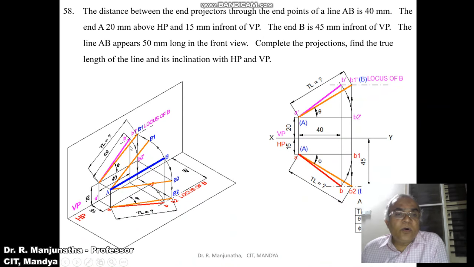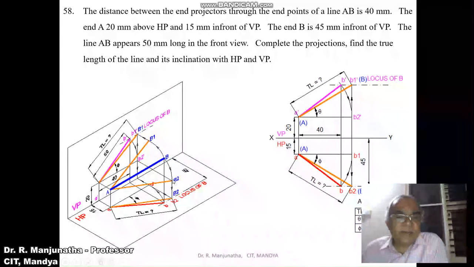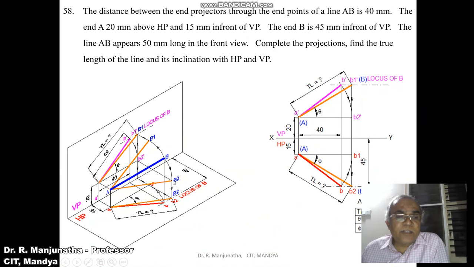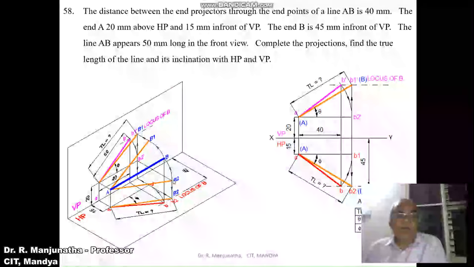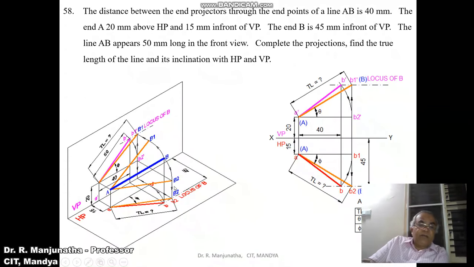Now we have made the line parallel to VP. Similarly, we want to find the line parallel to HP. With A as center, taking the radius of AB, rotate it and make it parallel, such that A is above HP by 20 mm and B2 is also above HP by 20 mm. So you make that line parallel to HP. Once A and B2 are both parallel to HP, its corresponding front view will be in true length. So when you look from the front view and project, you will get A dash here, and when you project this, you will get this B2 dash.